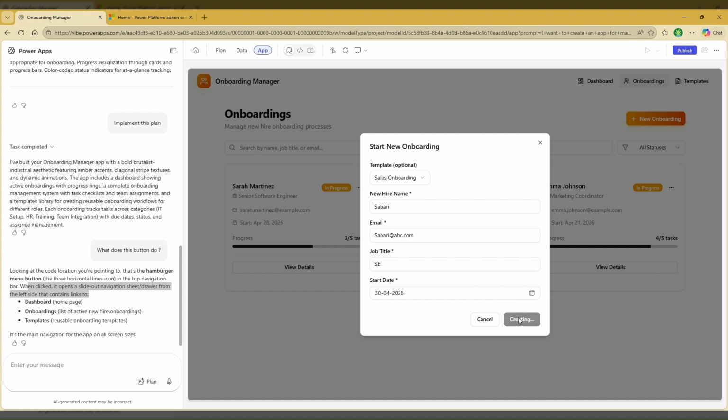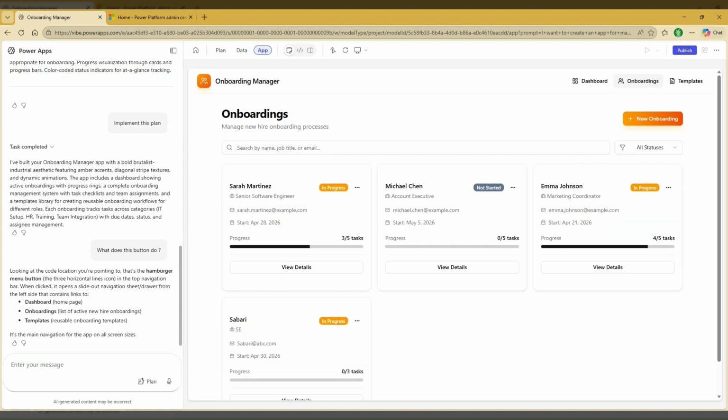You can see the button says creating, and once after the successful creating, you see the backend, but I think the pop-up is not going away. So what you can do here, let me click cancel, go to the prompt and say, when I click on create onboarding, the pop-up does not close